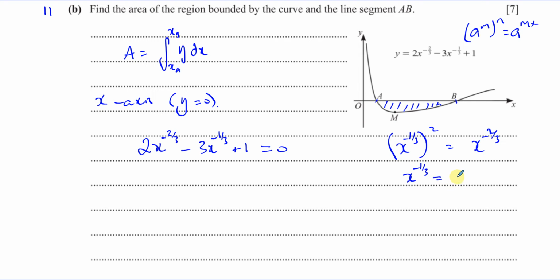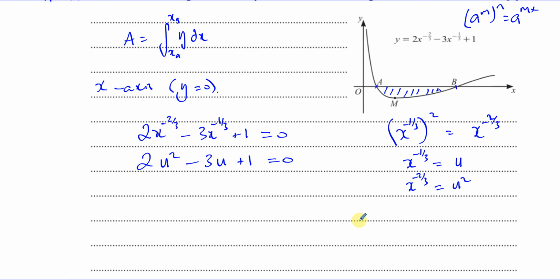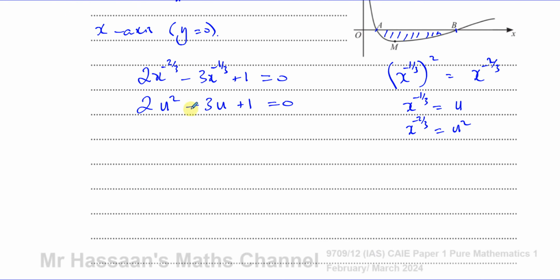So I can think of x to the power of minus 1/3 as, for example, the letter u. Therefore, x to the power of minus 2/3 would be u squared. So this makes this like a disguised quadratic. Writing this in terms of a disguised quadratic just makes life a bit simpler for us in terms of being able to think about how to solve it. So this is like 2u squared minus 3u plus 1 equals 0. When I've found u, after solving this quadratic equation, I can then replace u with x to the power of minus 1/3 and continue. So now this is a type of question where we have to split the middle term,